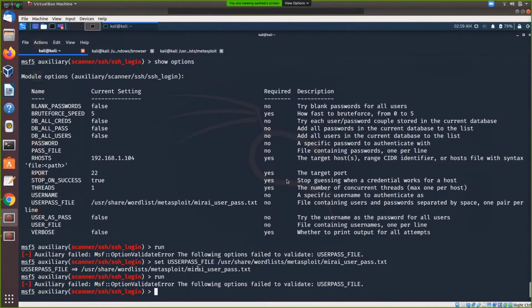But when we run, it will brute force all the ID and password combinations, and then it will give us the correct username and password over here.